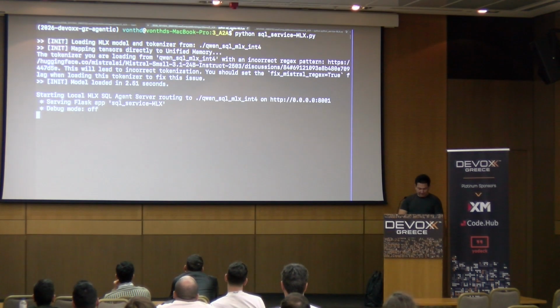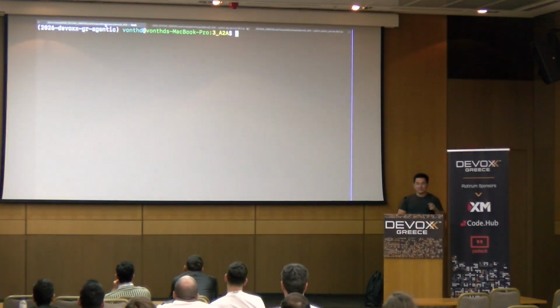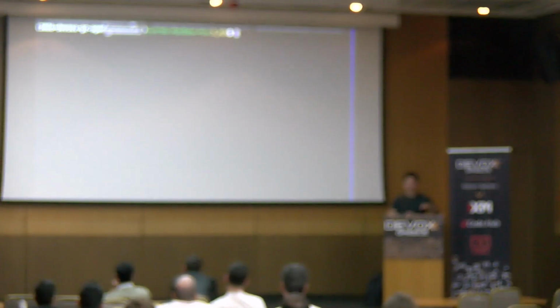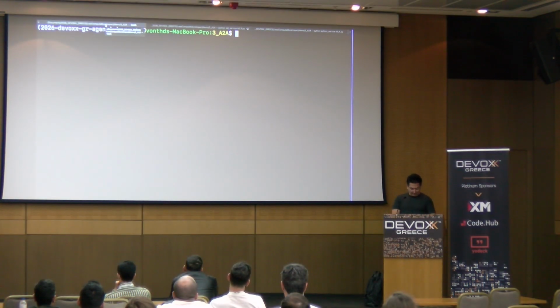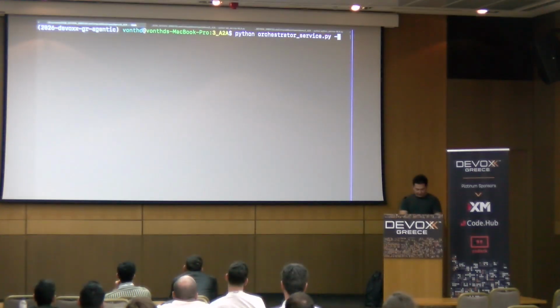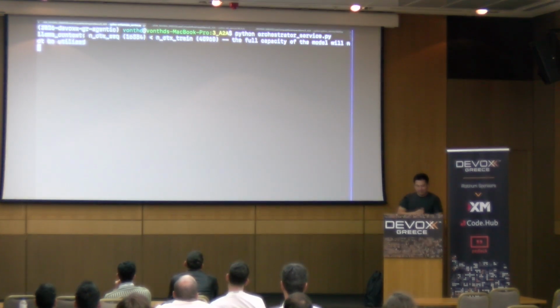Make sure that these are running, and then we're going to start that orchestrator agent. I'm just going to run it in CLI mode. It does have an option to have a REST interface, but I'm going to run the orchestrator in CLI mode. If you wanted to run it as a service, just use go serve. When you want to do this at home, I have an accompanying REST client that will talk to it. But we're just going to run it in CLI mode and give it a problem.